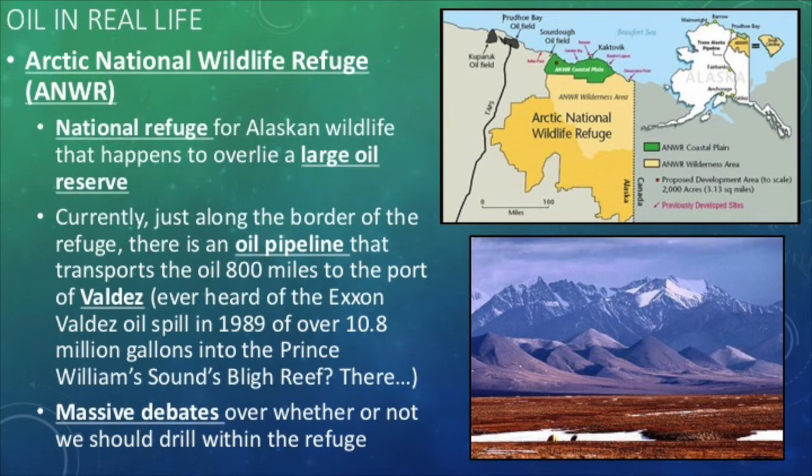ANWR is a national wildlife preserve about the size of South Carolina, found in the northern parts of Alaska. There are areas said to be completely untouched by human hand in this reserve. Unfortunately, this refuge is found over a large oil preserve. There is currently a pipeline running along the outside of the refuge border, pumping oil from the reserve to the